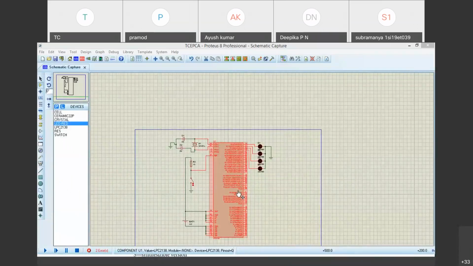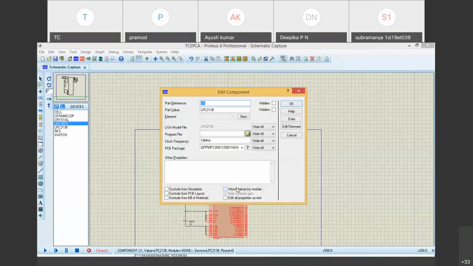Yes, sir. Yeah, double click on this. Double click on the CC348 and check that it should be in megahertz. See, it is not saved. It should be megahertz always. If it is 10 megahertz, make it 12 megahertz. Then browse here. What is the browse?